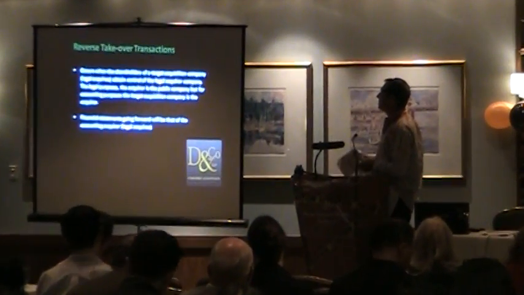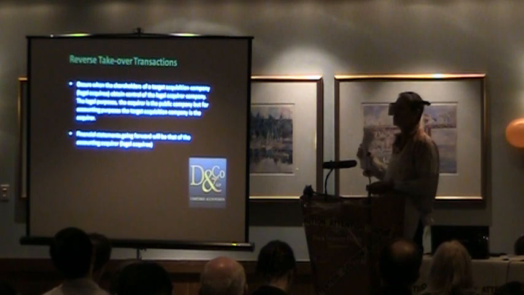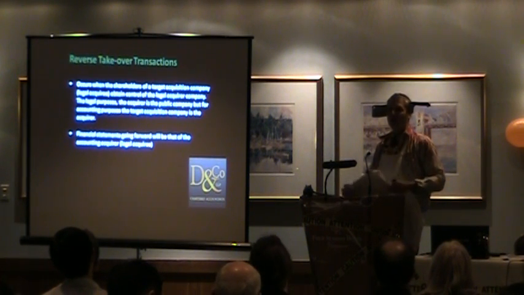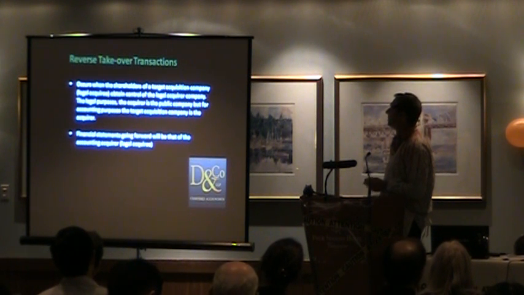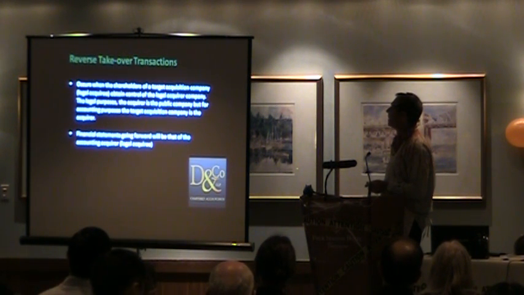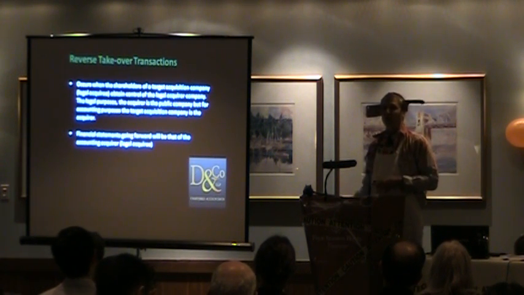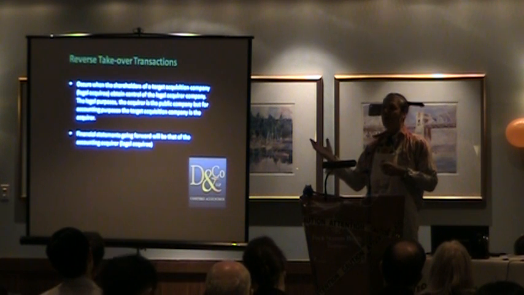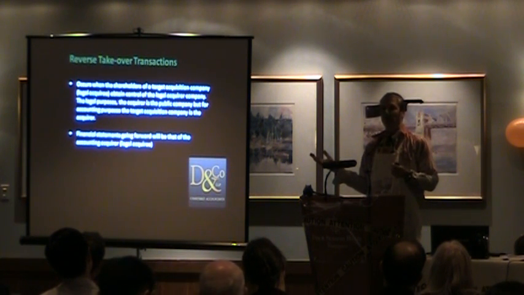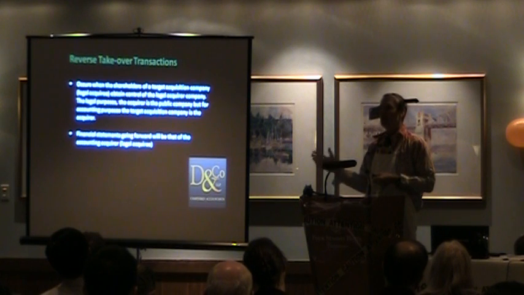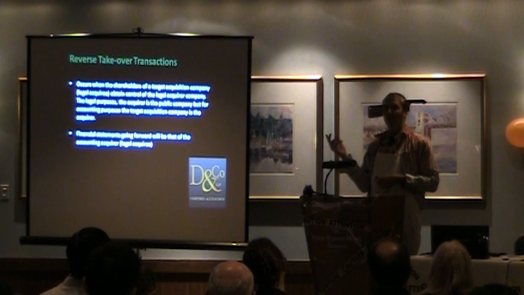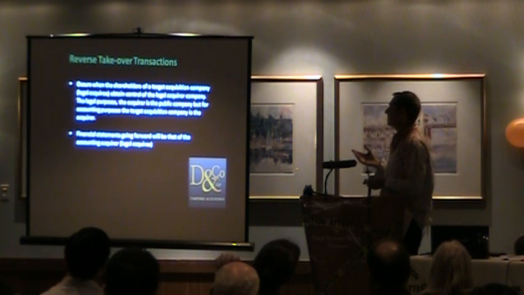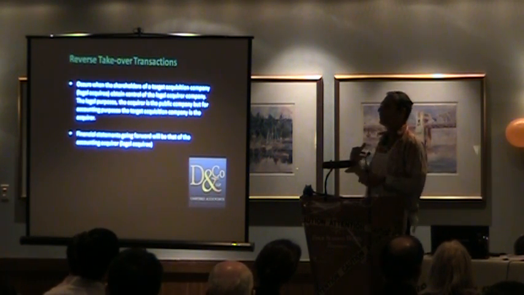I'll quickly go through reverse takeover transactions. Again, complex transactions. I mentioned you may have to document up quite well for those. We're seeing a lot of RTOs. It occurs when the shareholders of a target acquisition company, the legal acquiree, obtain control of the legal acquirer. So as a public company, you may be wanting to acquire a private company, but you're willing to give up 70% of your shares. In giving up 70% of your shares, it really is the private company ultimately that now controls everything, and they're deemed to be the acquirer. Those are going to be the financial statements coming forward, not that of the public company.